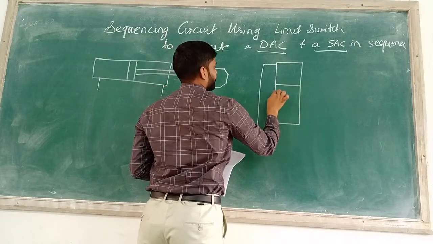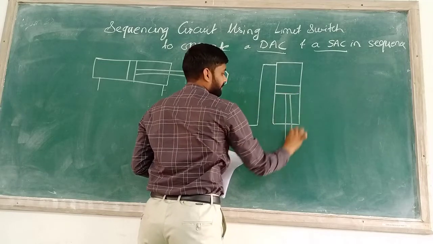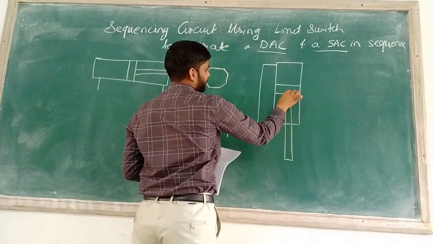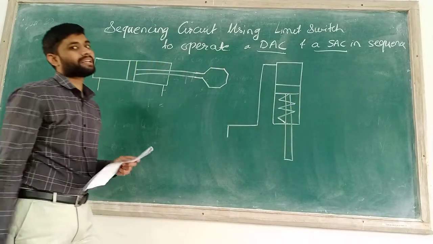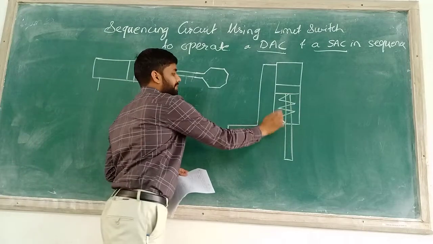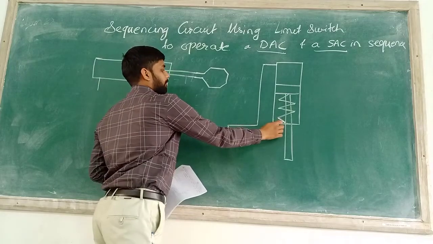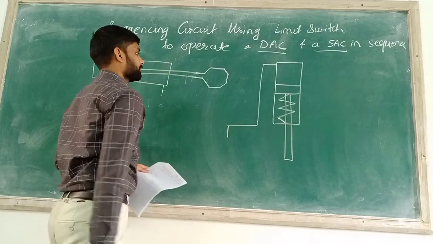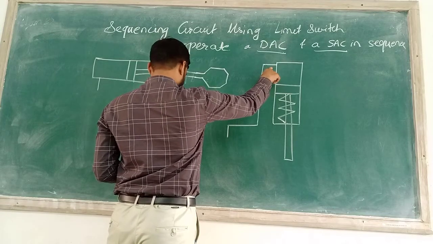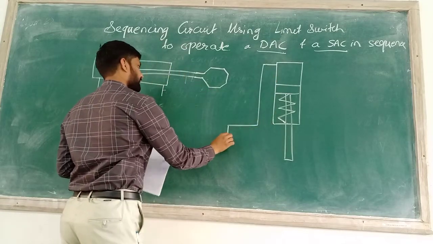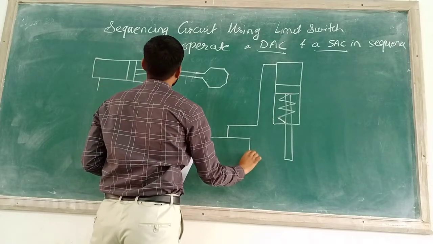As the cylinder is single acting, what does that mean? It means that at the other side of the cylinder a spring is provided, and the retraction of the cylinder is achieved by the action of the spring. So it is a single acting cylinder and the return action is performed by the spring here. So this is the one line, and the single line is for the inlet and return process. So here we are going to connect.